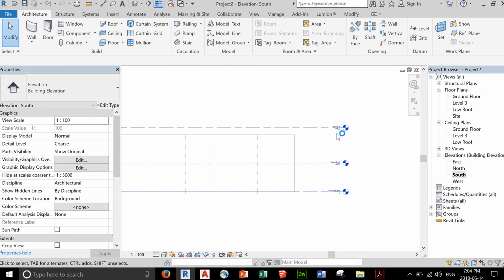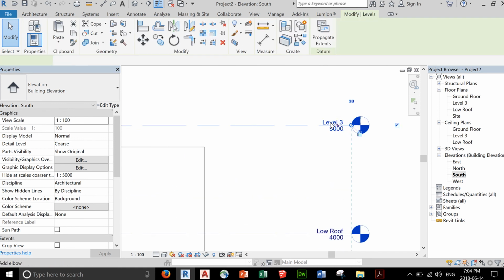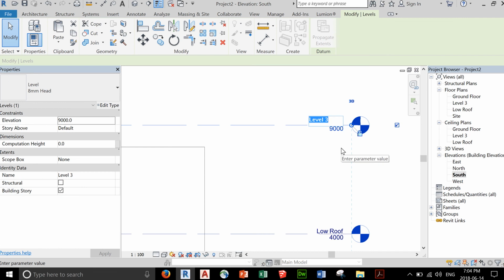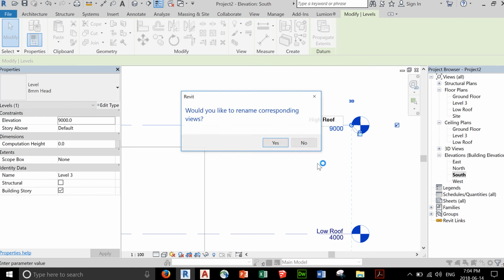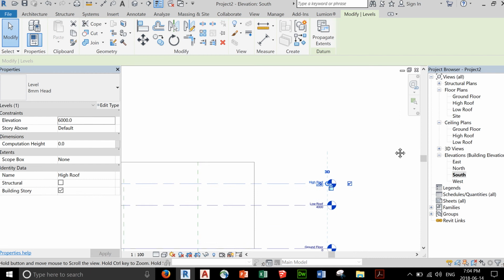So it actually works more efficiently if you just use levels or LL. So this will be our high roof. Okay, rename that, and let's say a height of 6,000. Okay,